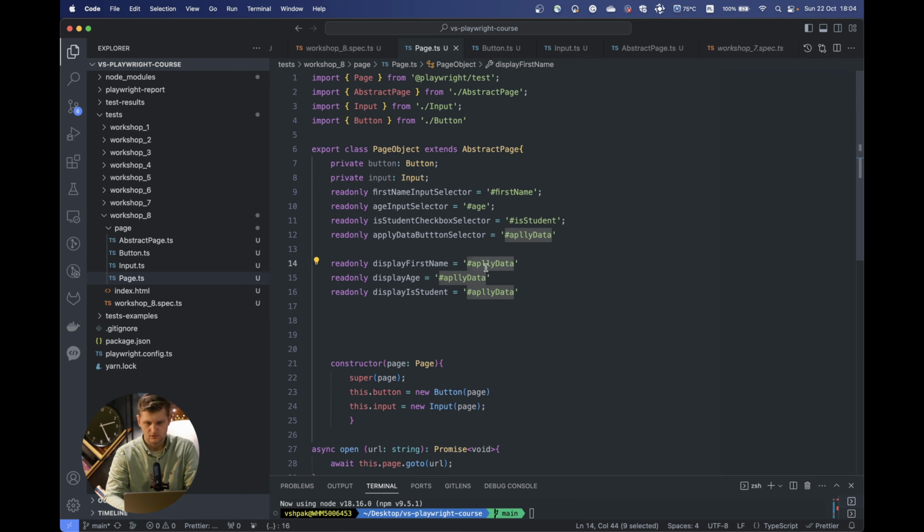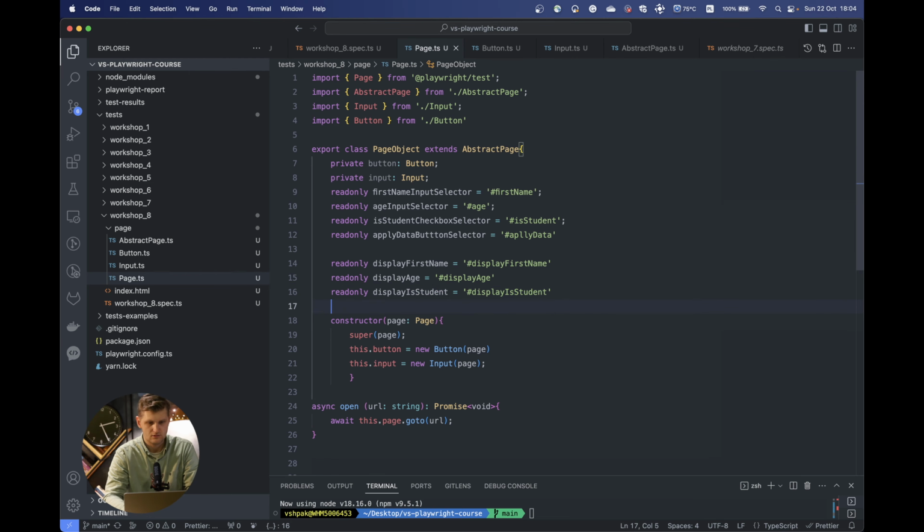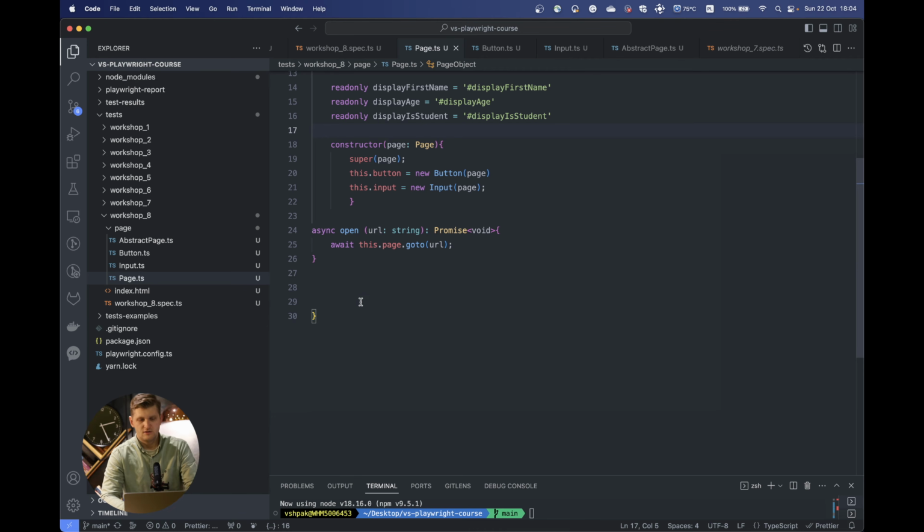So let's have the ID display first name, display age, and display is student. Cool. So now we are ready to go, at least to use the method of open the page, right? But now there is a couple more